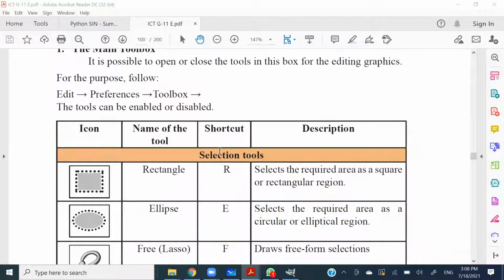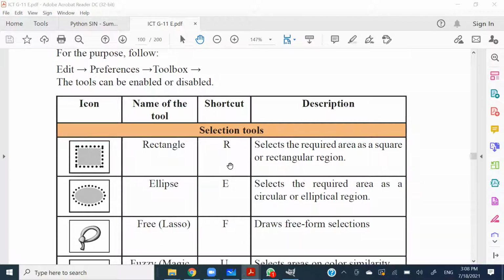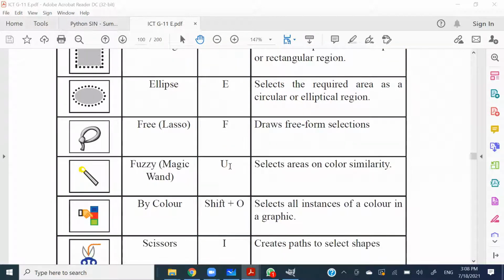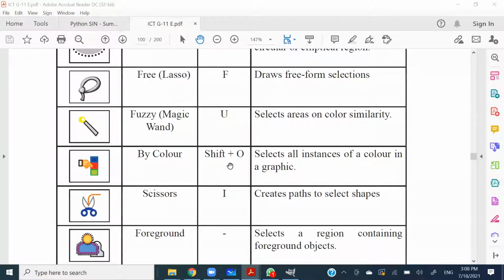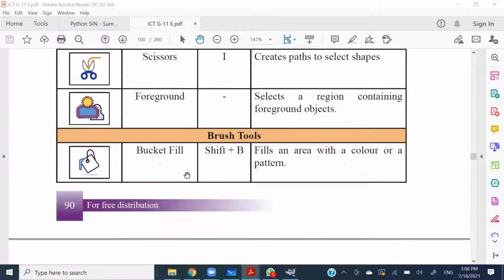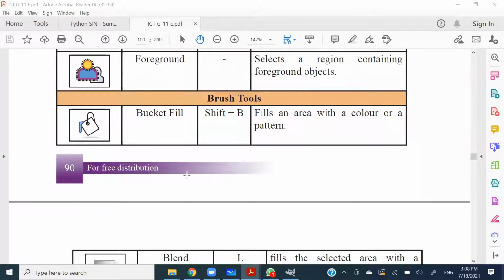All right. So in the toolbox, we discussed the selection tools, which are the rectangle, ellipse, the free or lasso tool, the fuzzy tool or magic wand, the by-color selection tool, the scissor tool, as well as foreground and background. Right, and we were talking about the bucket fill